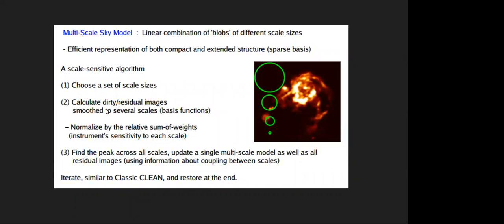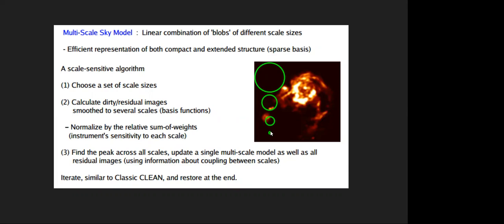If you remember Poonam's lecture, whatever you do in clean is that you model each source as a series of delta functions, right? However, that is only a good approximation for point sources, that is, sources you are unable to resolve. But if you have a complex structure like that on the right, and you model it as a summation of point sources, that is not a good approximation, right? So what else can you do? The solution is to use multi-scale cleaning.